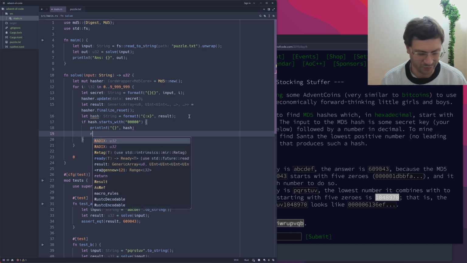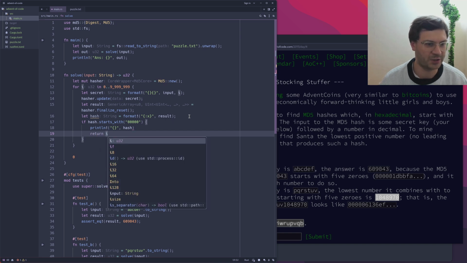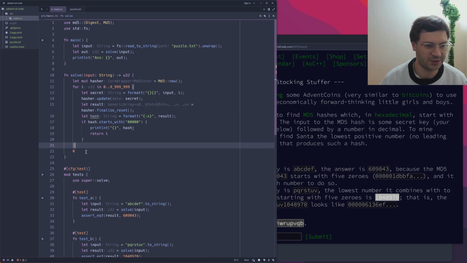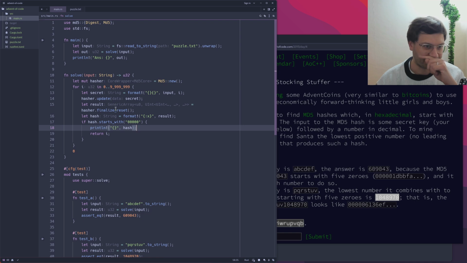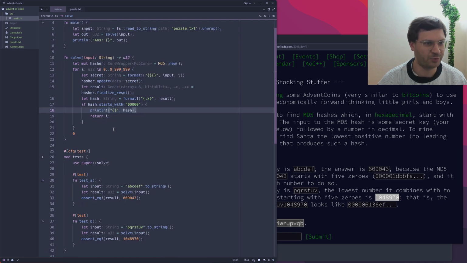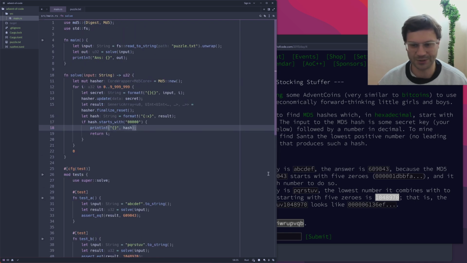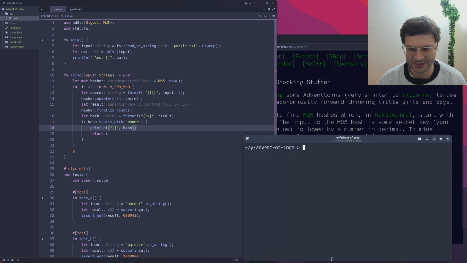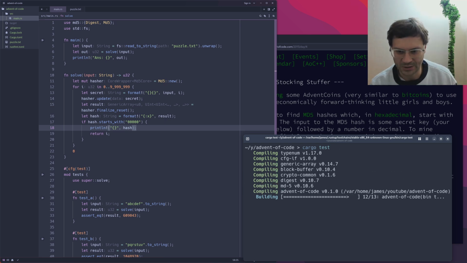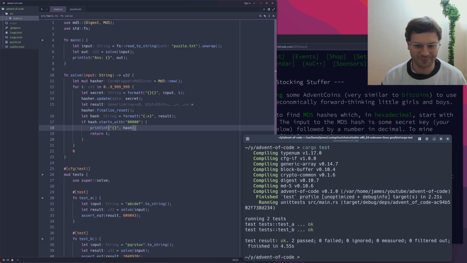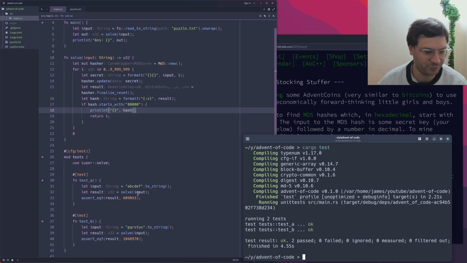We can return i as our value, or if not, we'll return 0 at the end as well. So that will be it. I think that's all we need to do. So let's test that against our test code. So cargo test. Just let it compile. Okay, so now it'll take a bit of time to find those hashes. It's computing each one up there, and they've all returned okay. So we have got 609043,